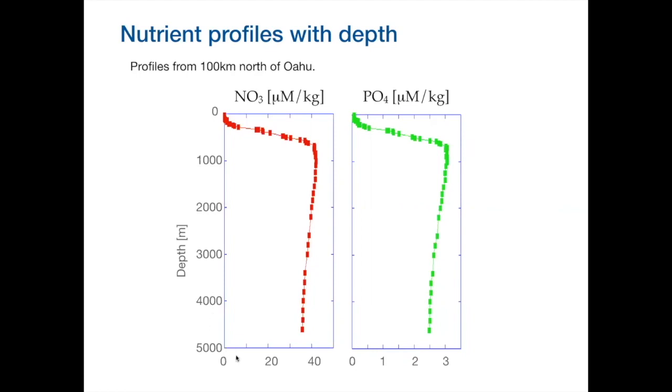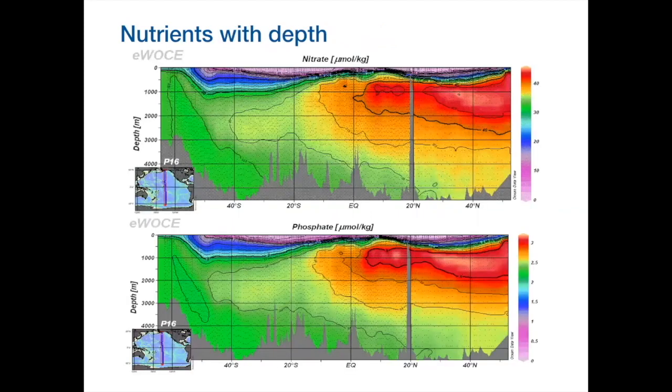And then we have concentration of nitrate on this plot and phosphate on this plot, and you see that both nutrients have the same vertical profile. If we look at sections through the Pacific, so we have here a section from a big experiment that happened